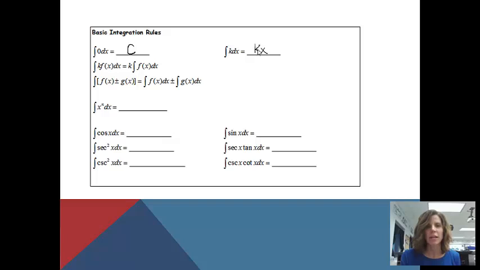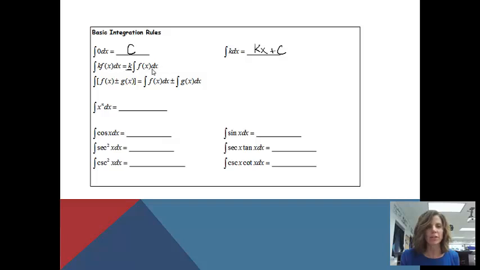Notice when I take the derivative of kx, since k is just a constant, I end up with k. And then I do also need to put plus c because I could have had a constant attached to it. All right, these next rules are just ones that we'll find helpful as we're going through to use them. If I have some number, like a 5 or a 6 or a 2 or whatever, and it's multiplied by a function, I can always write that out front